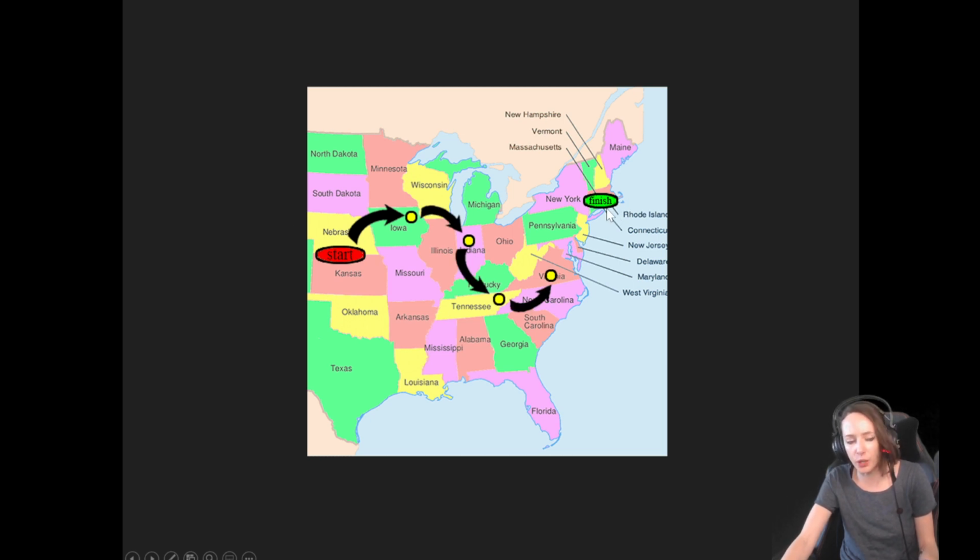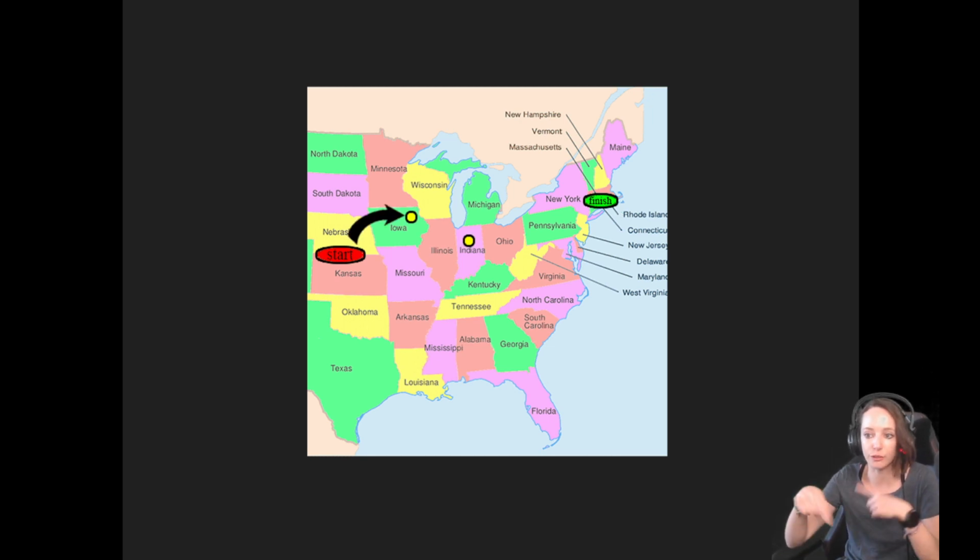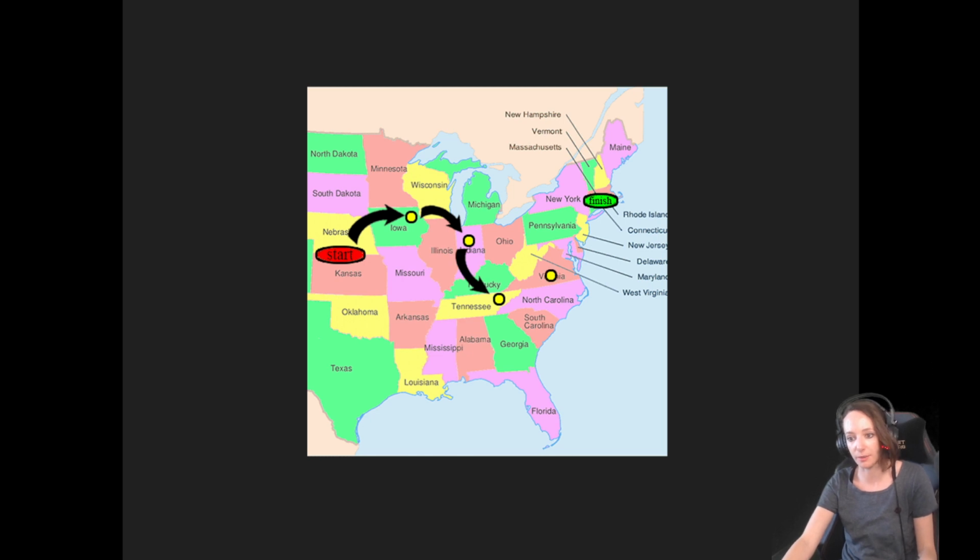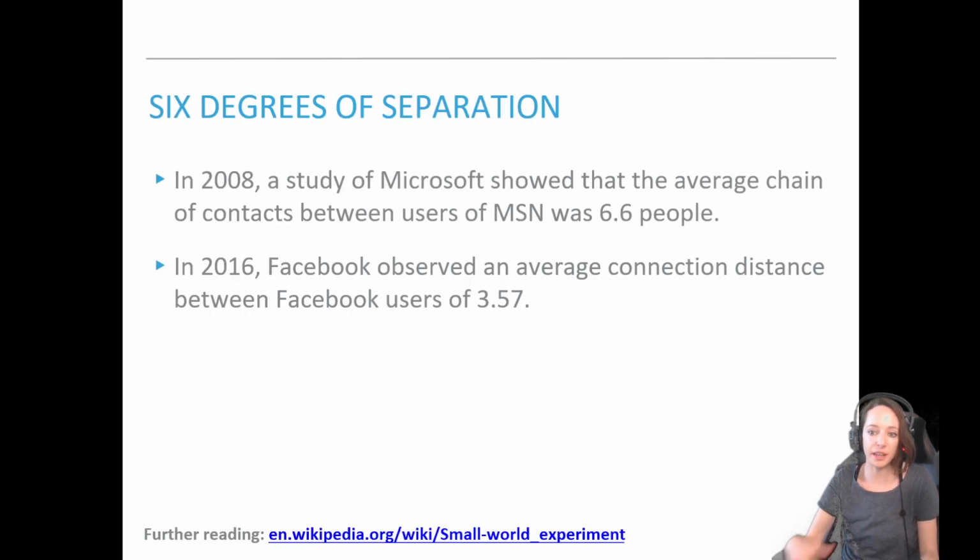And what he found was that on average, when the package got delivered, so there were some which never found their way, the average distance between the people was 5.5. So 1, 2, 3, 4, 5, and here 6. So the average degree was around 5.5 if you calculate all the sent packages. This study was repeated quite often. In 2008, for instance, Microsoft did a similar study with MSN users and found the average connection between all users